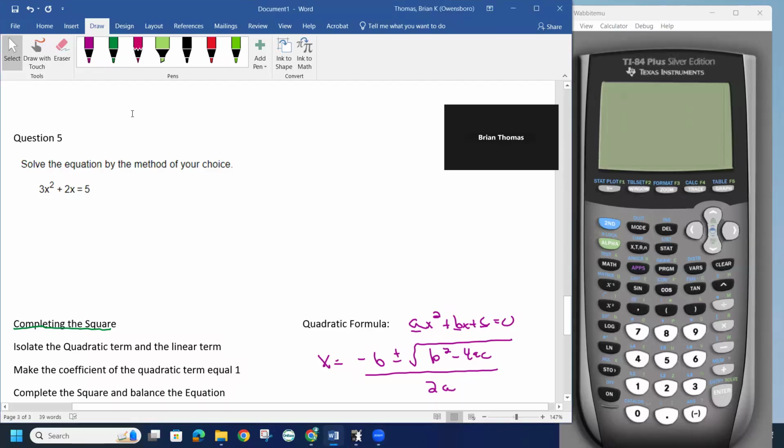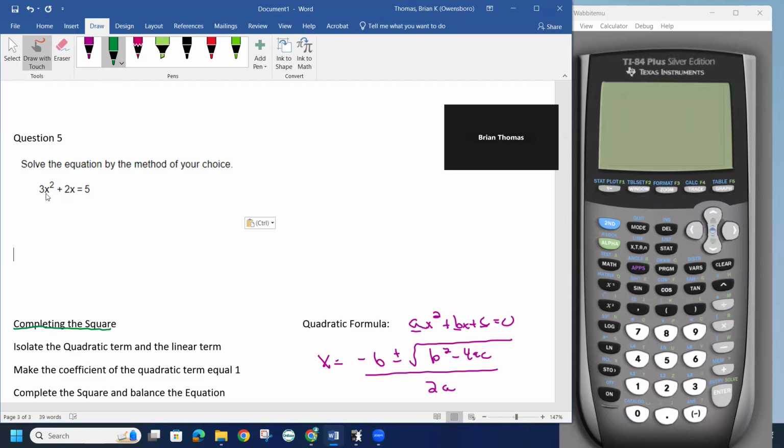So question 5 says solve the equation by the method of your choice. Notice how again this is a second degree equation. This is a squared, so we know that we have to use quadratic strategies. This is not linear. Completing the square would be fine, but because notice how the quadratic term and linear term